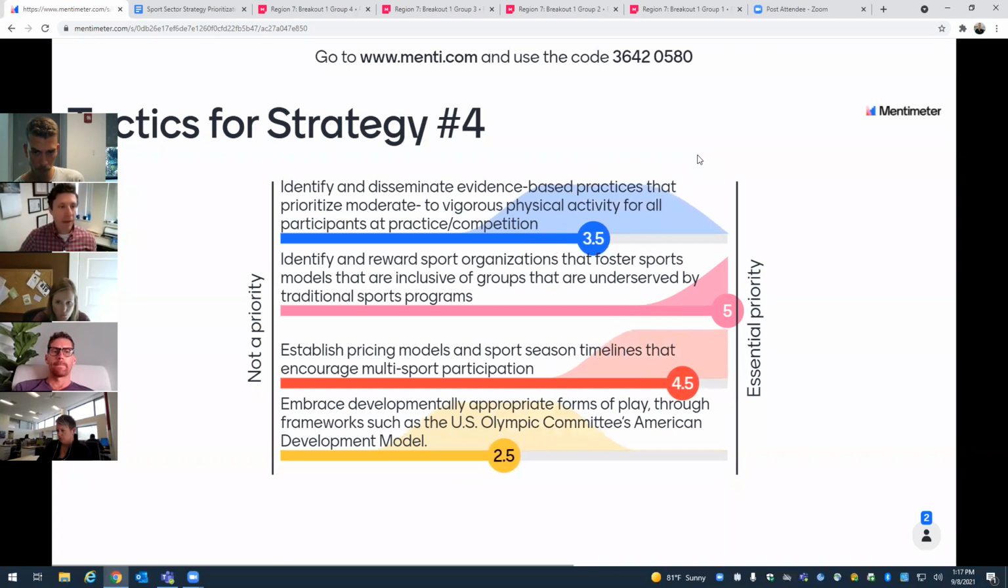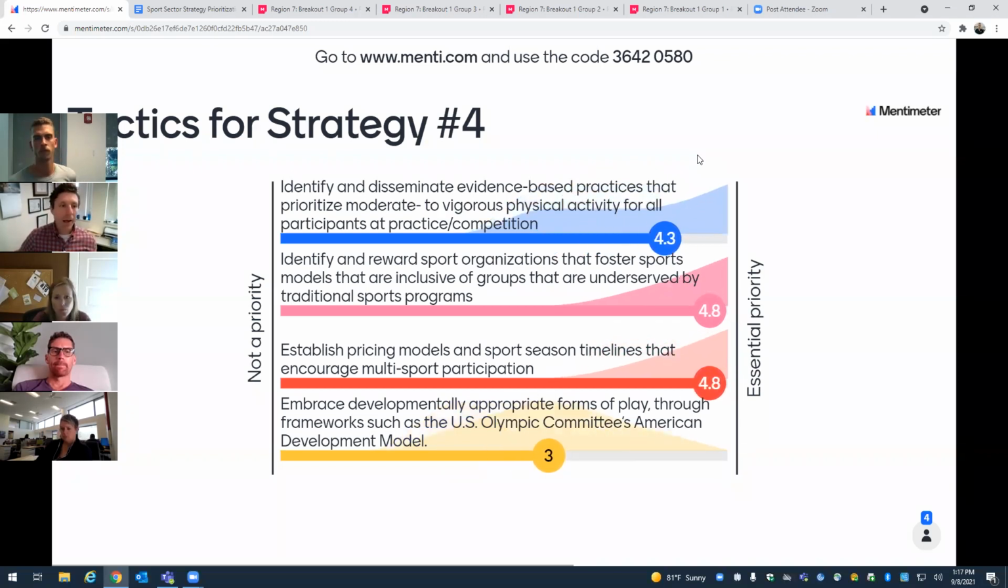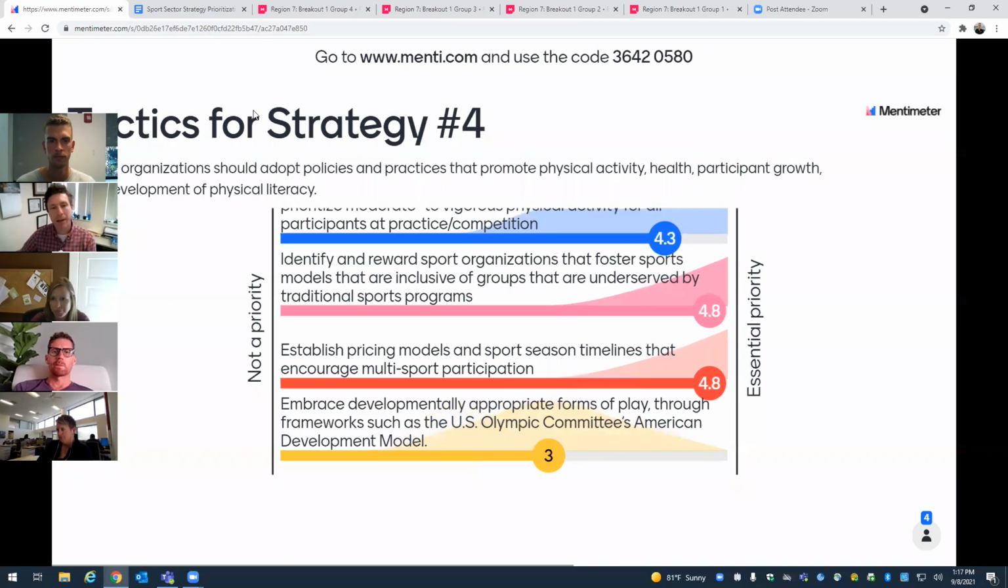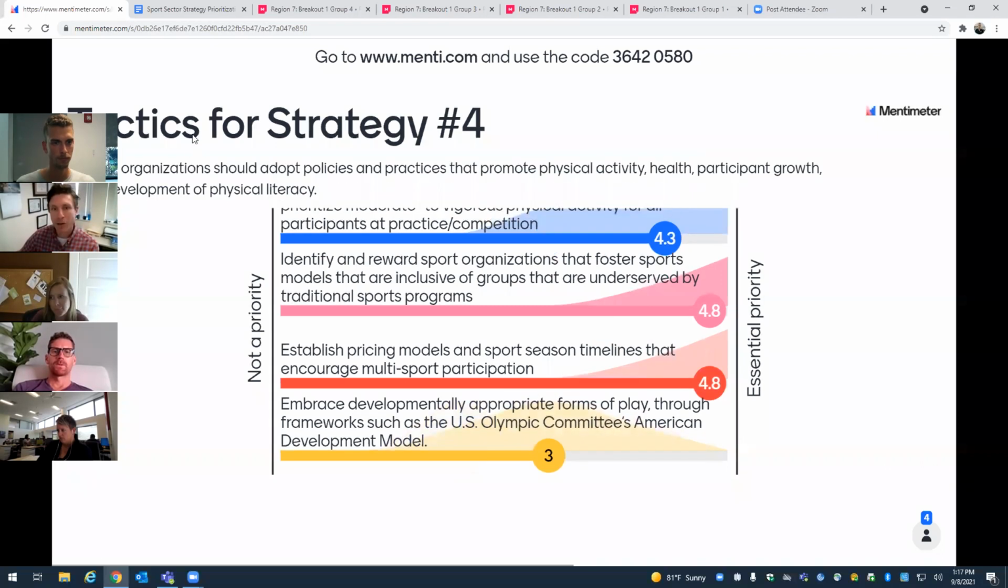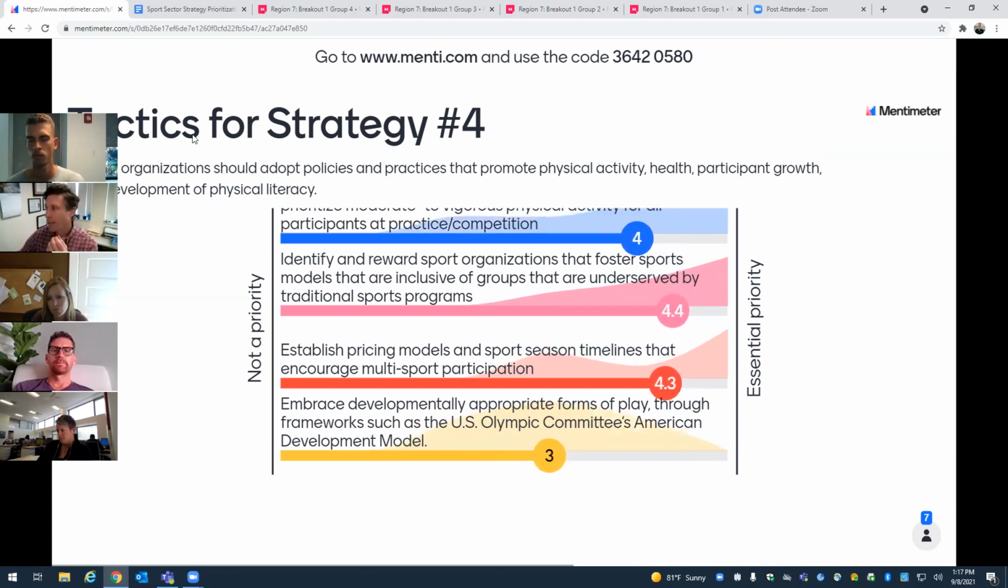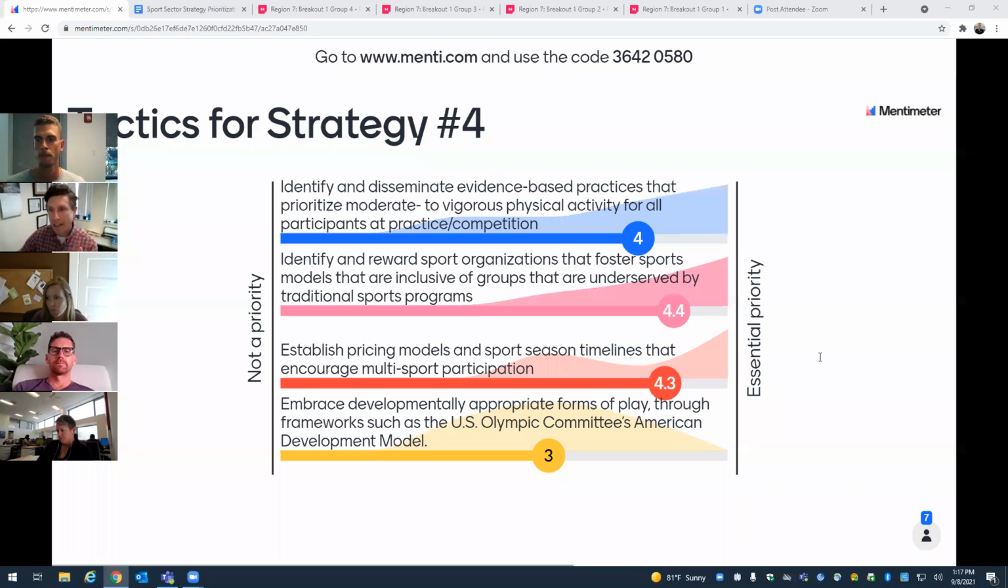Regarding the fourth tactic, embrace developmentally appropriate forms of play through frameworks such as the U.S. Olympic Committee's American Development Model. I wasn't familiar with that, so I had looked this up earlier today, and I pasted a link to the hockey American Development Model framework, and that's in the link that you see there. And basically, they have 8 different stages to engage youth